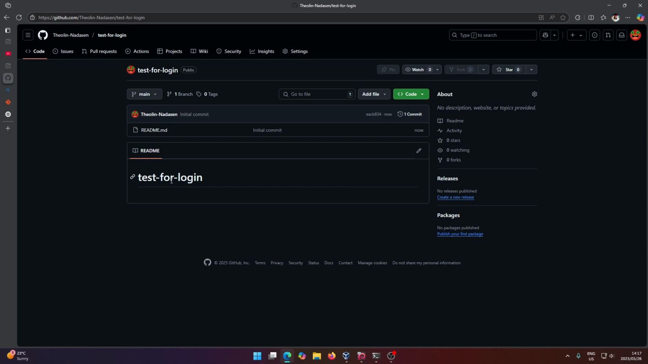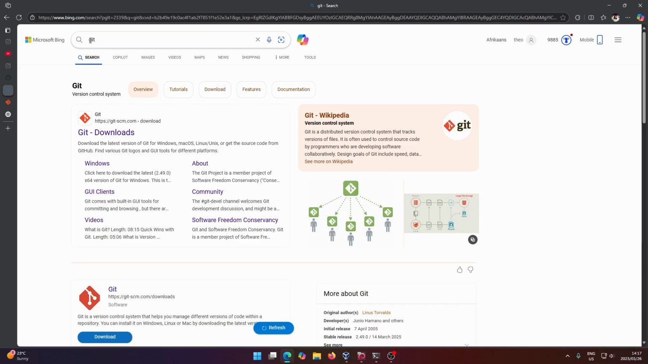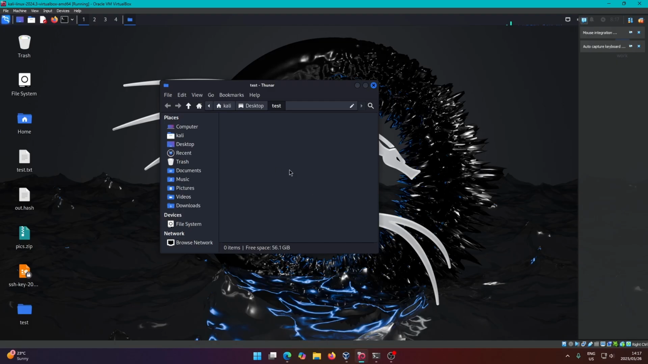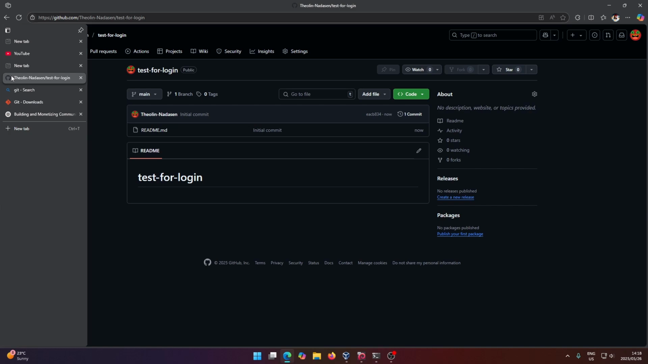So once this is created and it has that readme inside of it, you want to search for Git, just Git. And once you head there, you just want to hit downloads and download the Windows version, or if you're on Mac, download the Mac version and install that. And once it's installed, I already have it on my system, so I'm going to use a virtual machine here where I set it up. But firstly, let's head back to GitHub,